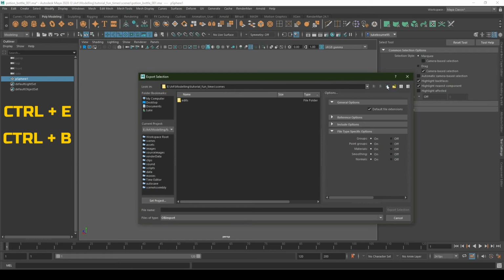And I like to export anything that's not a scene into the assets folder of my Maya project. So call this Potion Bottle 1